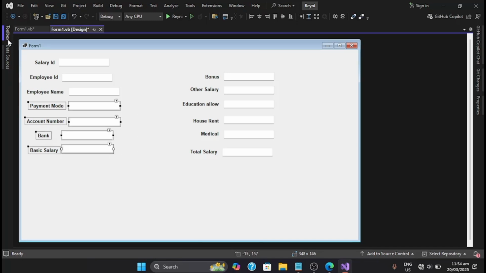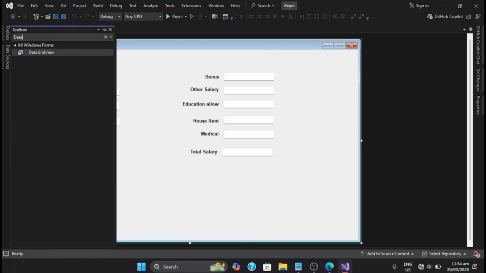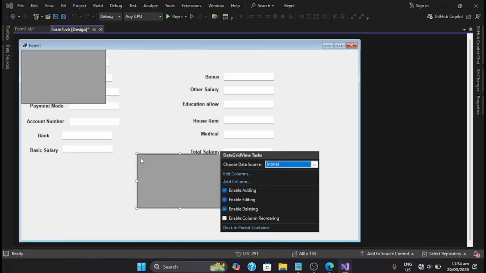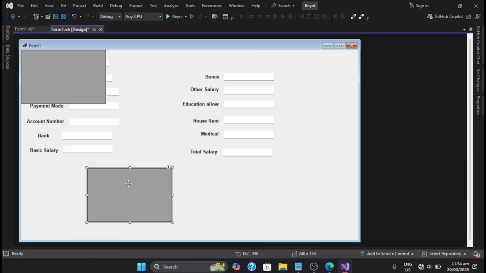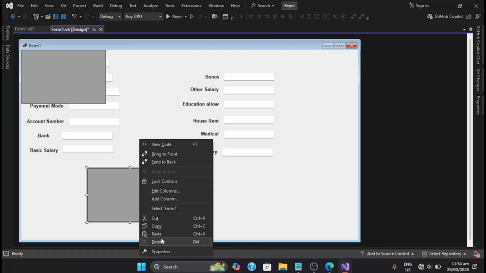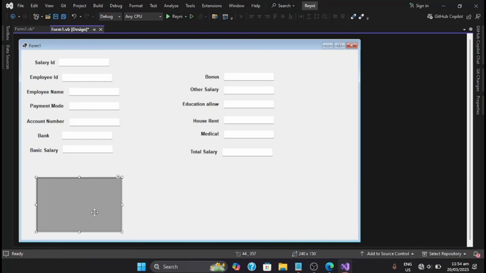Okay, now that we are done with the labels, let's add the data grid view. Go to the toolbox, search data grid view, click and drag. Now you can resize it to fit your design requirements. Just drag the right side, and